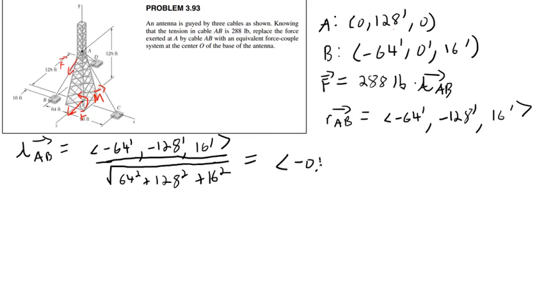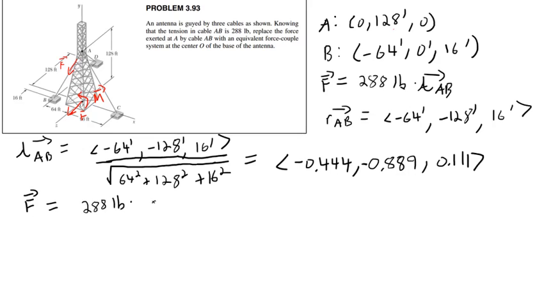negative 0.444, comma, 0.889, comma, 0.111. That's the unit vector of the force's line of action. Huh? Oh, thank you. Yes, the y component of the unit vector should be negative. Yes, thank you. Okay, then the force vector is just going to be 288 pounds